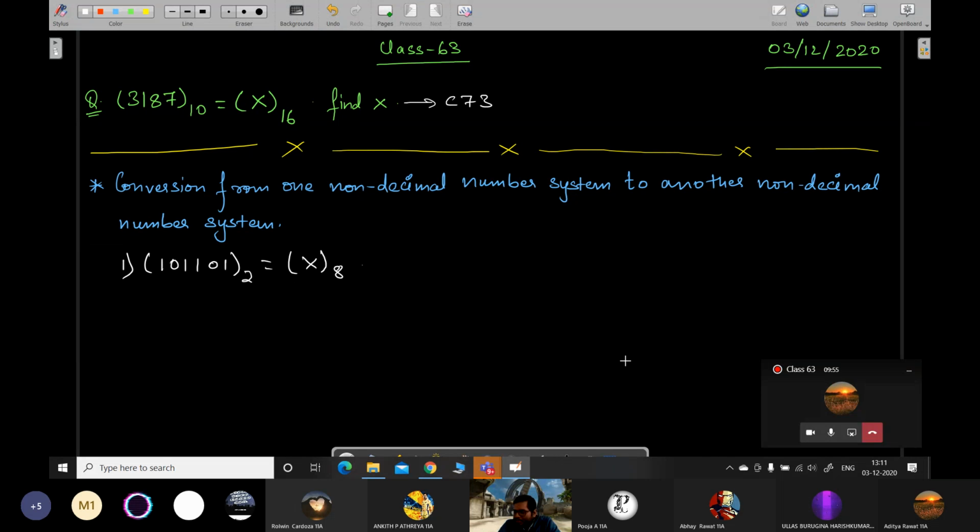What are more types of number system? No, no more types of number systems. I mean, where non-decimal number system won't be a common element. Decimal number system won't be a common element. Like from binary to octal, octal to binary, octal to hexadecimal, hexadecimal to octal, ऐसे करके. Okay, try it out and let me know what will be the value of x.